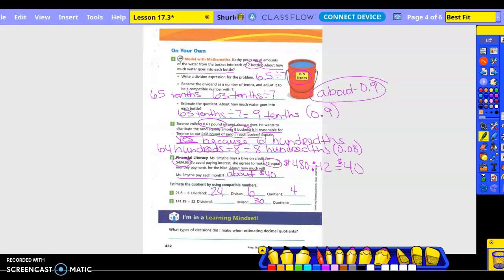Okay, so what is a multiple of 3 that gets me close to 14 without going over? 12. What's a multiple of 3 that gets me close to 14 and goes just a little bit over? 15. So is the 12 or the 15 closer? The 15. But I'm not just writing 15, I'm writing 150. Okay, then I have zeros in the divisor and in the dividend, so I can just pretend like they're not there, right? Okay, so 15 divided by 3 is